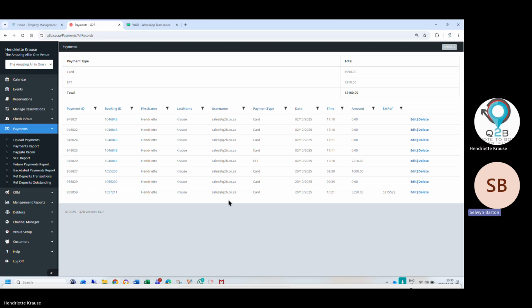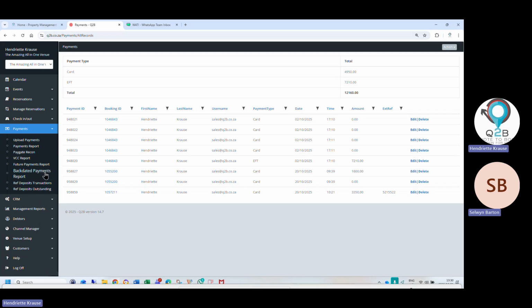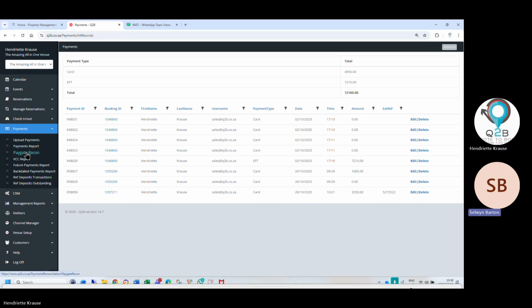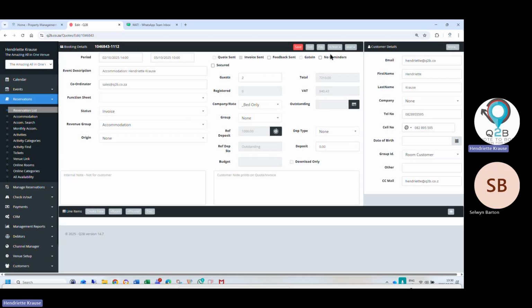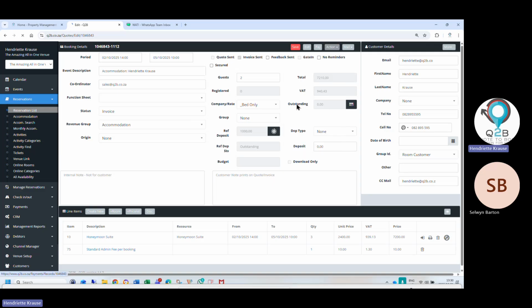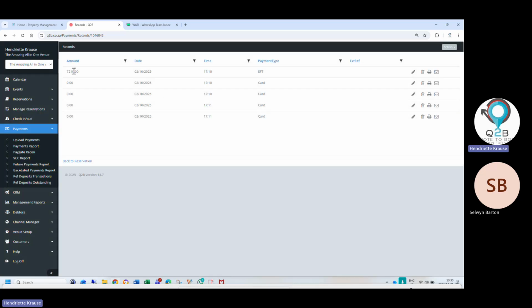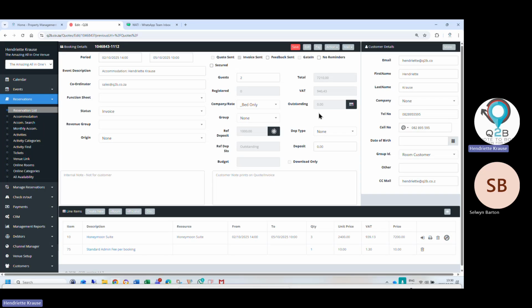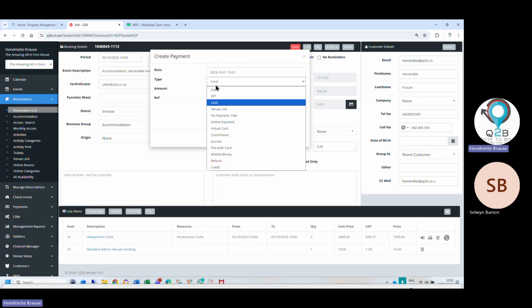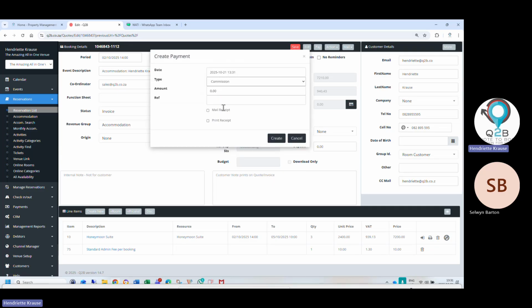Okay. Will it then show us less the commissions or anything like that? Card charges? You can capture it in the booking. So let's say you've got commissions. You can capture a payment from here, or just by clicking on the credit card icon, and you say commission and 250 is commission.